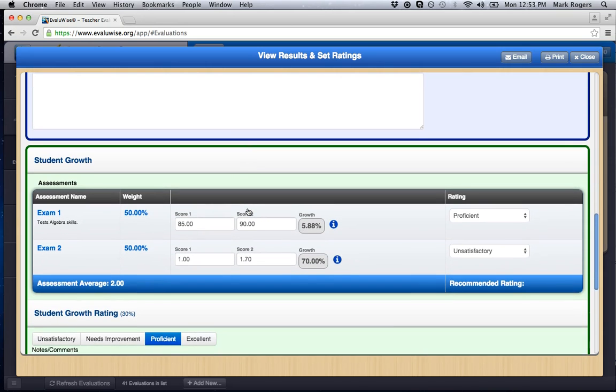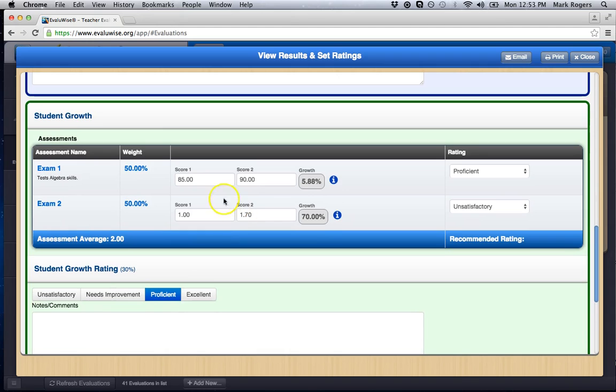When it comes to the student growth area, you would simply enter the score on the first test and the score on the second to get the growth percentage. And then based on the rules you have set up, a rating will appear, or you can assign one or override with a selection. Exam 2, in this case, which you don't have to have, you could have only one. If you're doing something such as